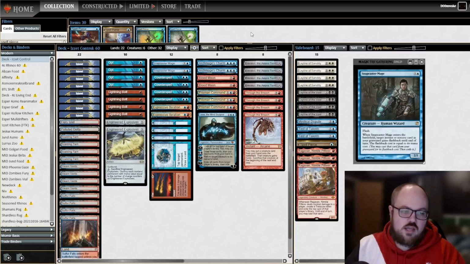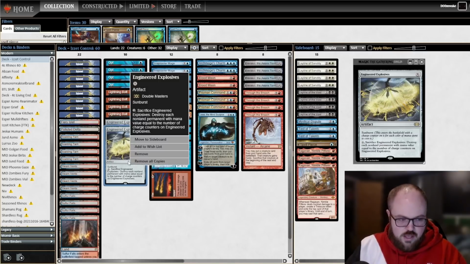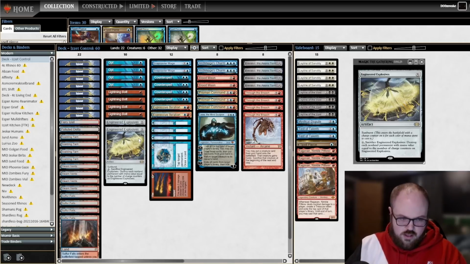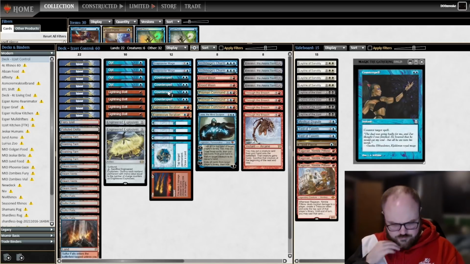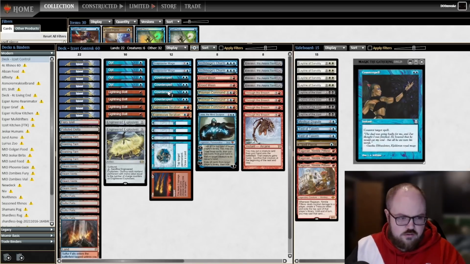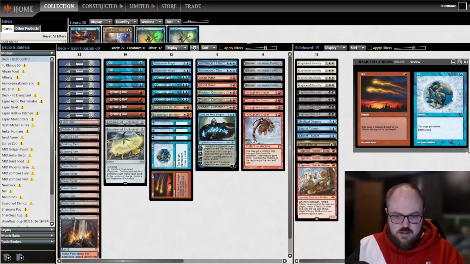We have removal in Lightning Bolt and Engineered Explosives. Kind of a cool main deck card, really good against Hammer Time, really good against Rhinos. So I'm kind of excited to see this in the main deck. We have 4 copies of Counterspell, which is just, you know, the cleanest 2-mana answer to anything. It's a really nice addition from MH2, as well as Fire Ice,